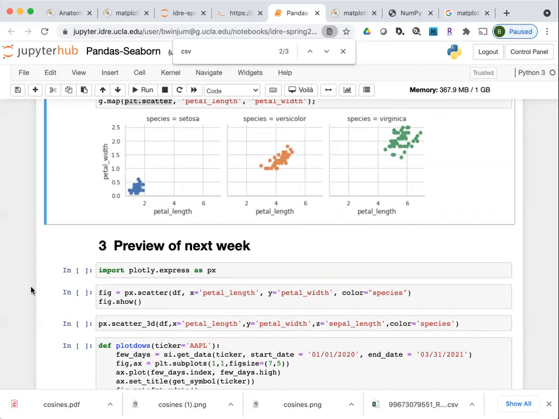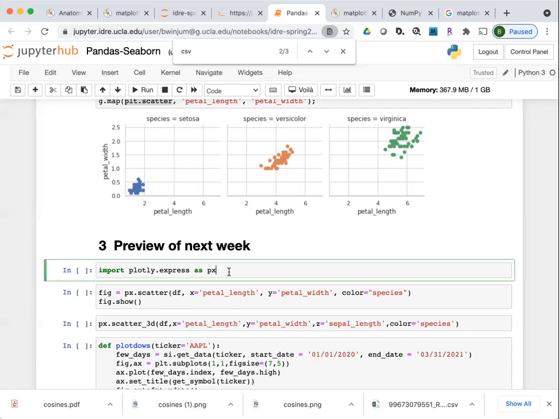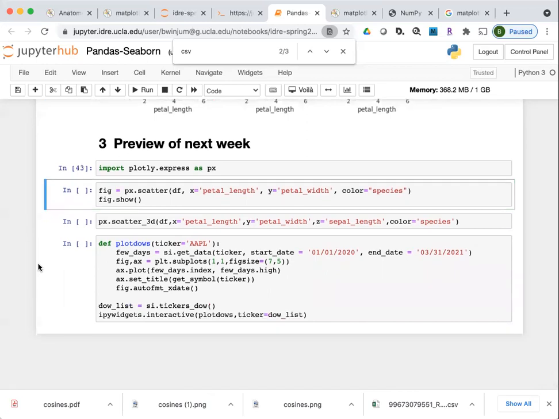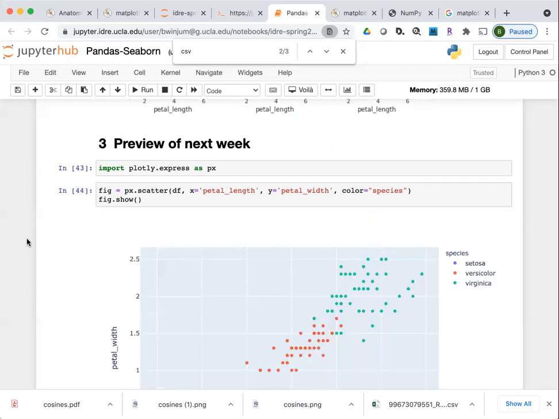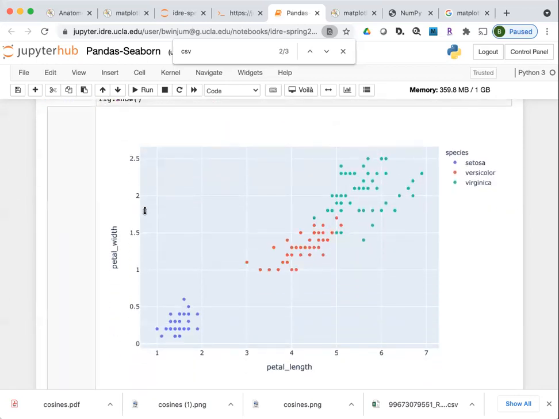So some Python libraries are built with something like JavaScript embedded into them. So Plotly, these last couple cells are just intended for you to execute to see some cool features. Plotly uses some JavaScript, so it ends up looking like a Seaborn plot to some extent.